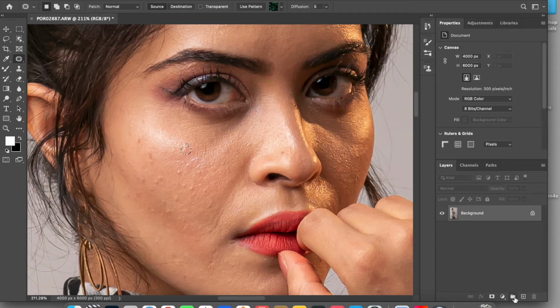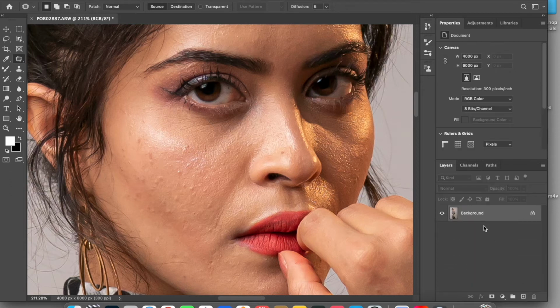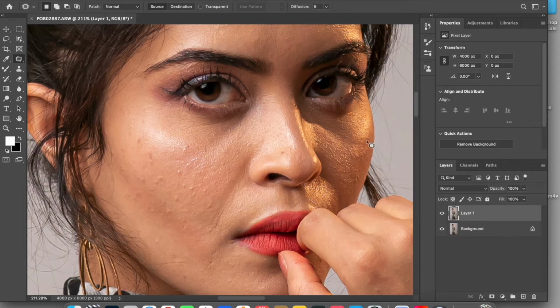So let me just duplicate the image by pressing Command and J on Mac. In Windows I'm not sure, you can always go ahead and click on duplicate from the file menu. Now once you have, sorry, just delete this, select that J, and once you have it, then you can select and you can always replace. Now what's the benefit of the patch tool is that you will never lose texture. So let me not waste your time, let me just do it pretty fast.